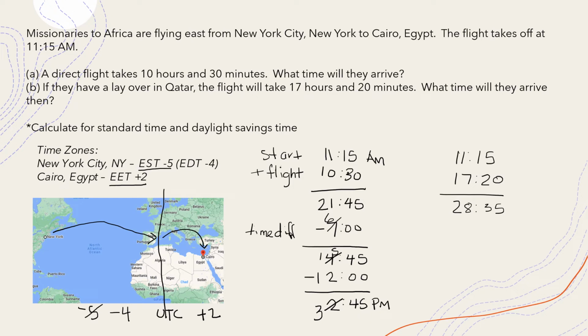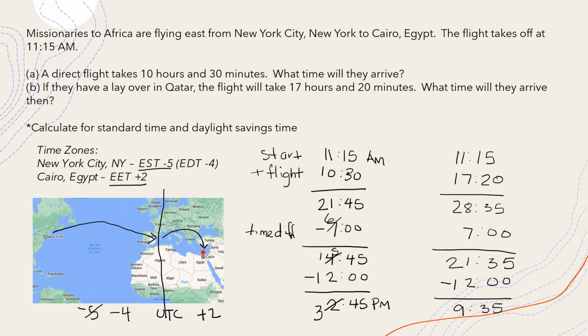Even though I'm over 24, I'm not going to worry about it at this point. I just need to know, what would this time difference be? So I'm going to take 7 off of here. And when I take 7 off of here, this is going to then put me at 21:35. And at this point, I'm looking at this and I'm saying, well, that's more than 24. I'm sorry, that's more than 12. I'm now in military time. I'm going to adjust it for military time. And when I do, that puts me at